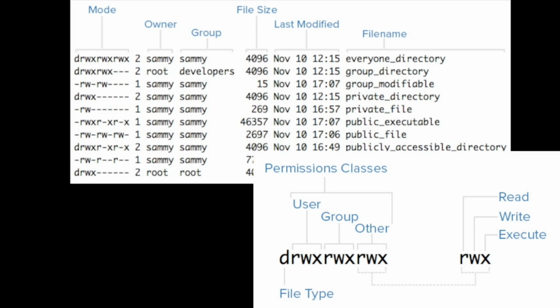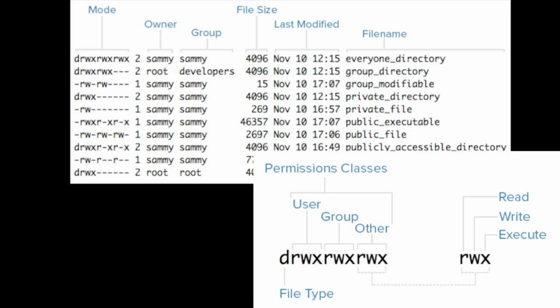And to view the permissions, you use the ls command with the long listing option, that is the L argument. If, for example, you are in a directory and you use the ls command, it will give you a list of all directories and the files in that specific directory and their permissions. And the output of ls is in